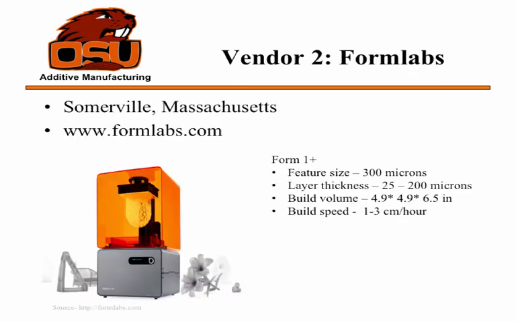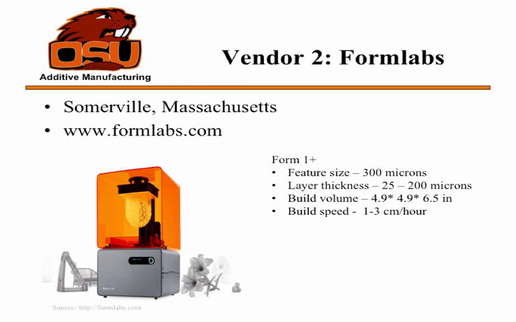Next one is Formlabs. This is actually a Kickstarter program which made around $3 million. They started a Kickstarter program and then turned it into a company. They have around two successful products right now. This one is mostly based on SLA, while the Mark IV is based on FDM. This one is a personal 3D printer which uses a mask-based SLA type. It's the same thing as what we were talking about in the first class.